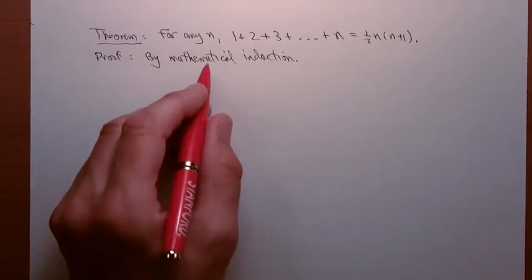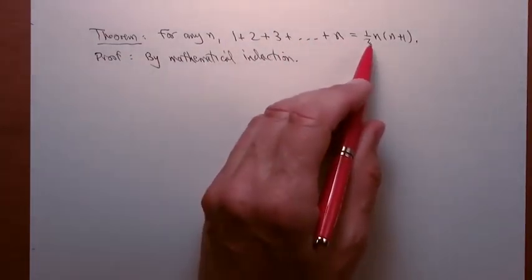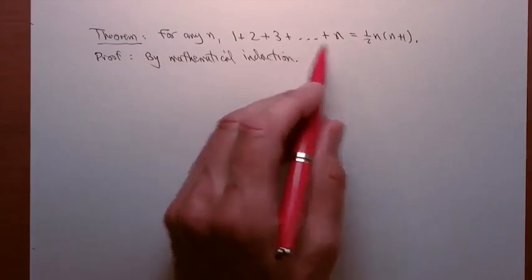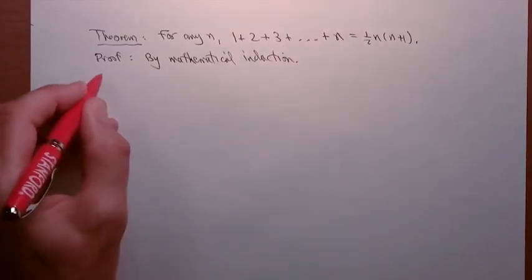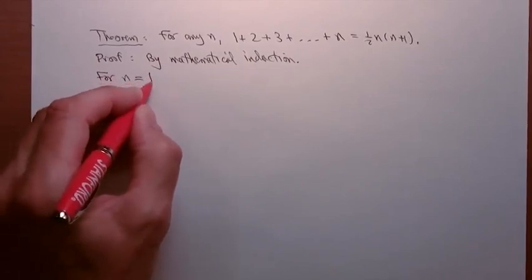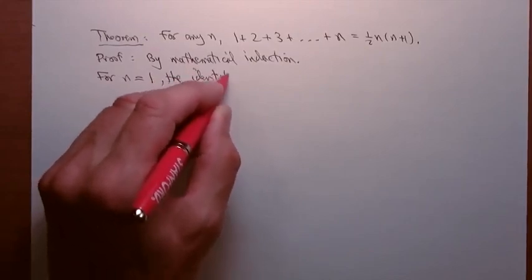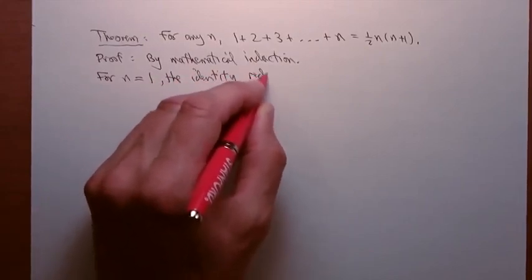Well, I have to do two things. I have to show that this is true when n equals 1, and then I have to show that if it's true at n, it follows at n + 1. So the first step is to say that for n equals 1, the identity reduces to,